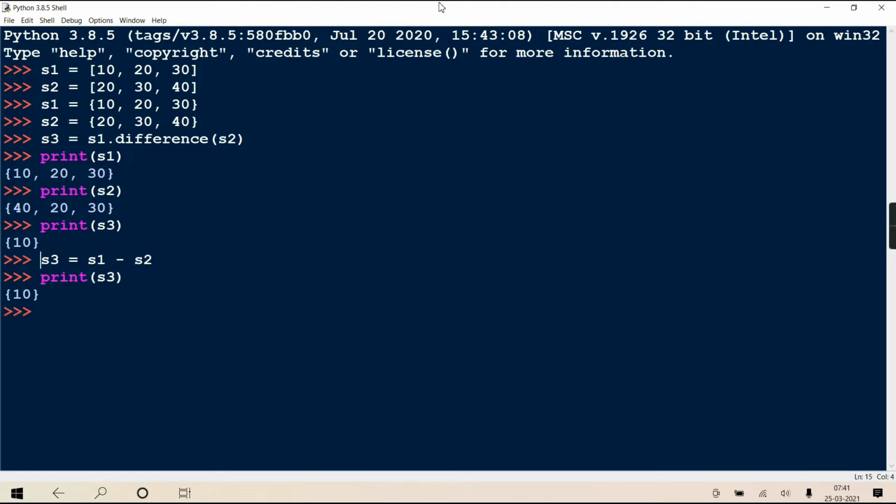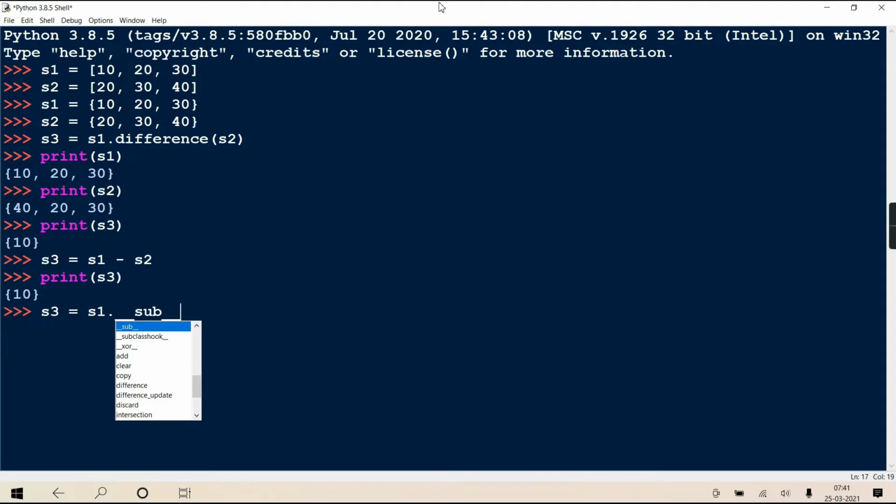By default, what is getting called implicitly is a dunder method, S1 dot double underscore sub double underscore S2. For us it is the minus operator, but implicitly S1 calls its method double underscore sub double underscore, and S2 is passed as a parameter. The result is the same.